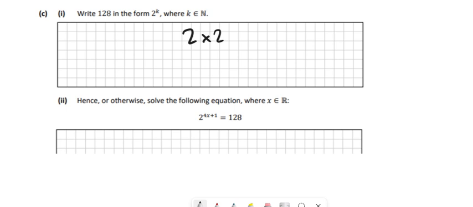So 2 times 2 is 4, and you can use a calculator for this. Times 2 is 8. Times 2 is 16. And if we times that by 2, it gives us 32. And if we times that by 2, it gives us 64. And if we times that by 2, it gives us 128. So we just count the 2's there now, 1, 2, 3, 4, 5, 6, 7, so it's 2 to the